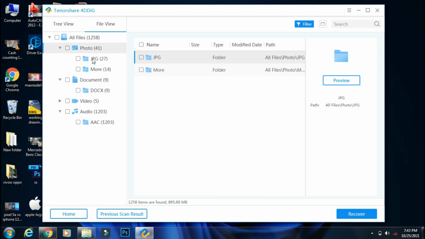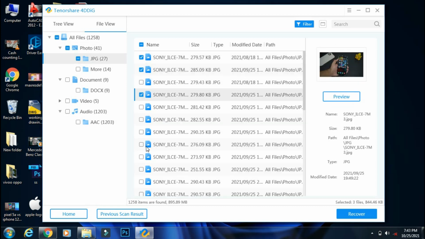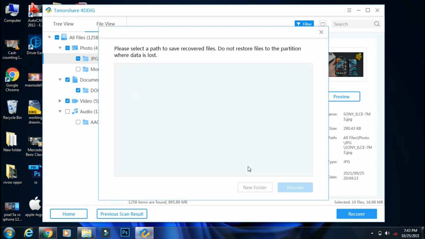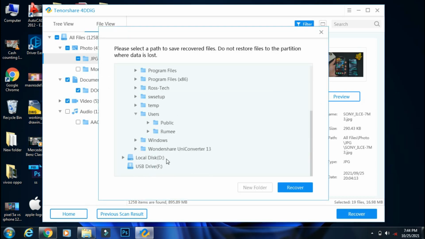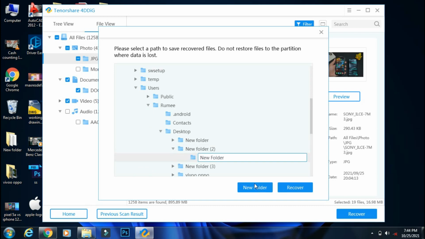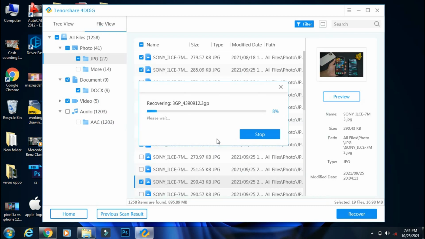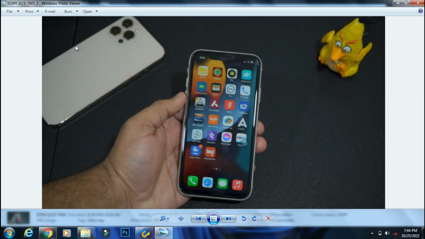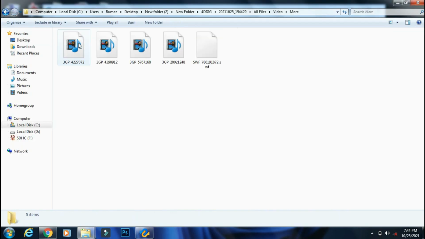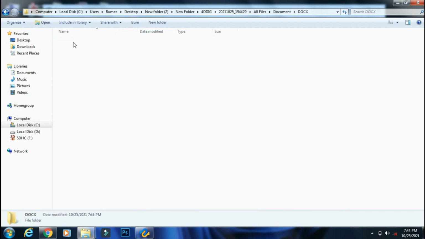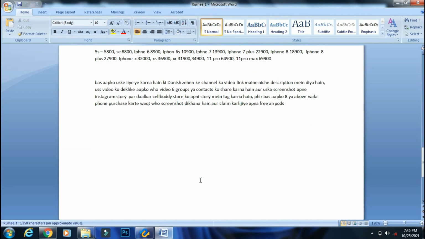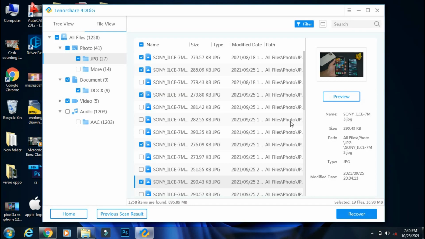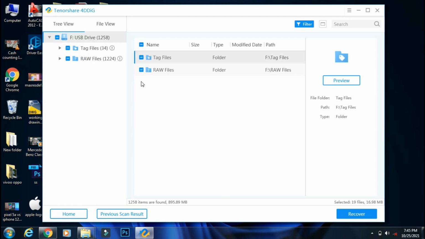Once you have gone through the files and have found your desired file, you can select the file which you want to recover and just click recover. It will ask the location where you want to save the recovered files. Once you have done that, the recovered folder will open automatically, and here you can see all the files that you had selected for recovering from your deleted data. So this is the easiest and fastest way to recover deleted or lost data from a hard disk, SD card, SSD or from other removable drives.